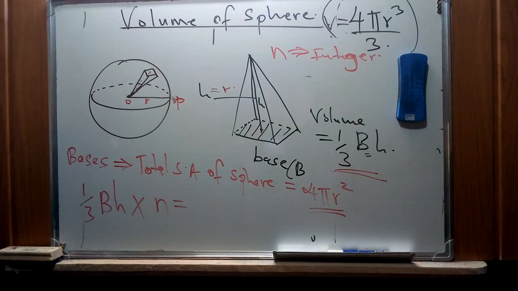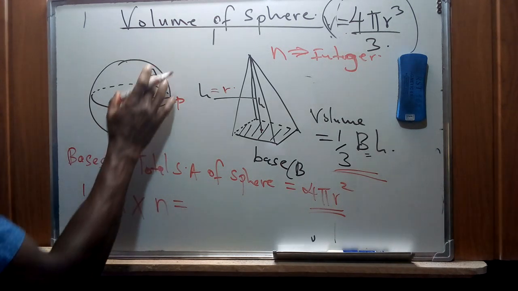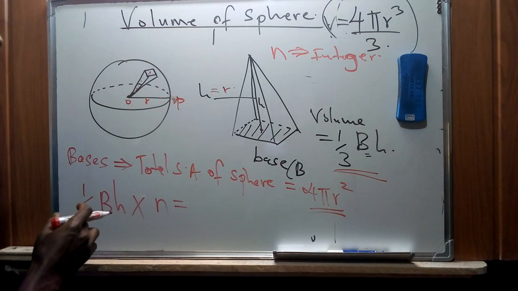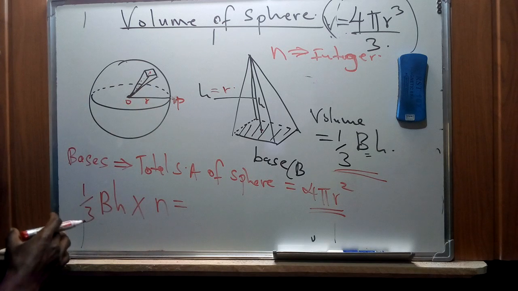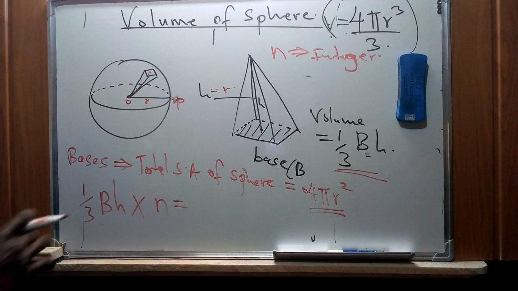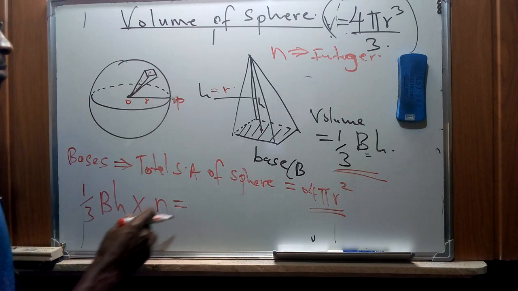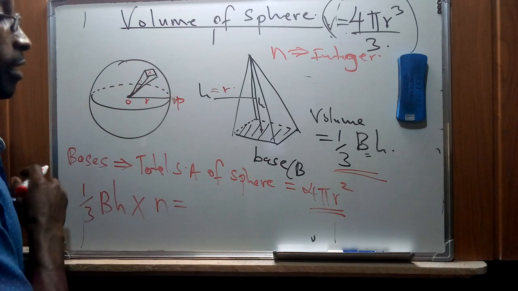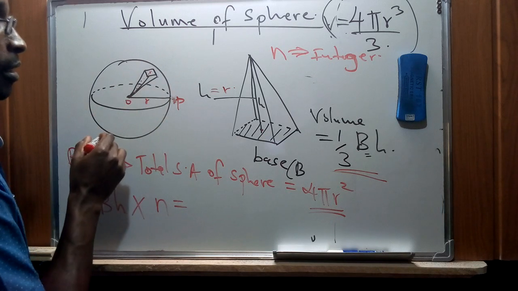So we're trying to look at the relationship between the volume of a sphere and how we can use a pyramid to derive the volume of a sphere, using the concept of a pyramid. And we have said that suppose there's a pyramid that is put into this sphere, whereby the base of the pyramid forms the surface and the apex of the pyramid is located at the center of the sphere, then we can have a relationship in that the radius of this particular sphere is represented using the height of this